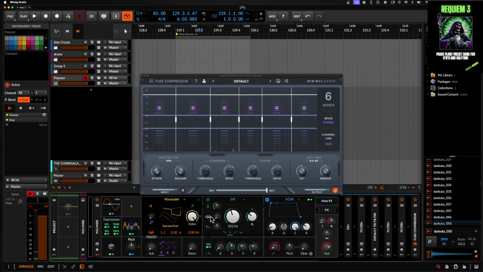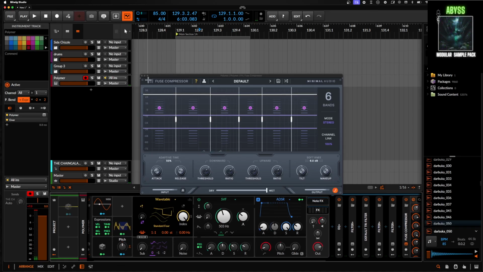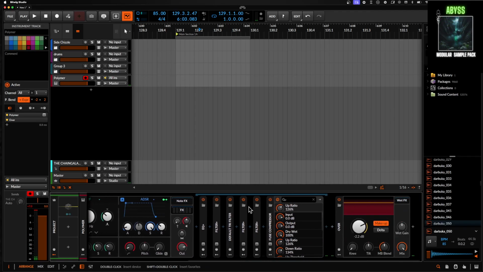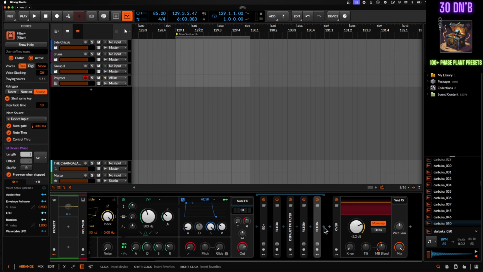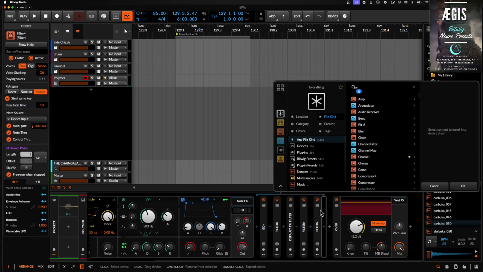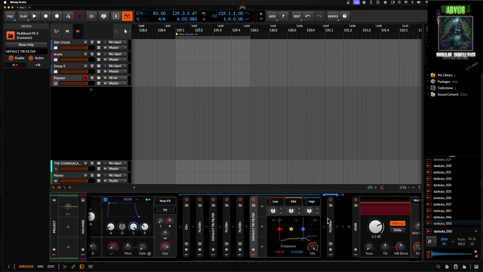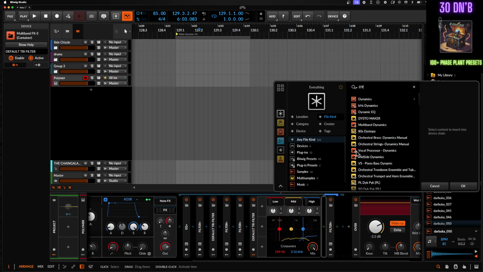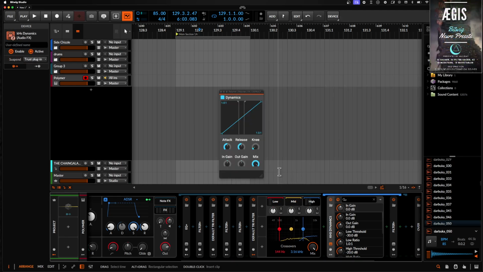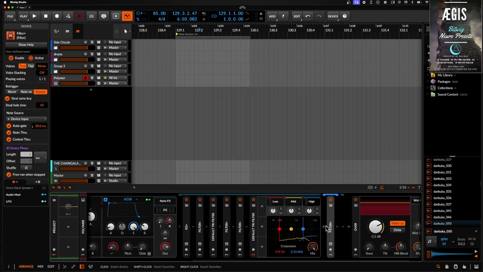You can also use, yeah, I talked about this, but you can also boost the high end and stuff. There's also the free OTT. If this is your only option for whatever reason, what you can try is using a Dynamics on another FX3 here. And the thing with upwards and downwards compression, which is what OTT does, sorry, wrong one, is